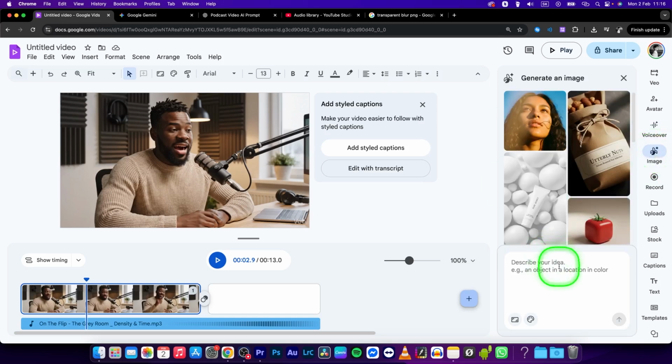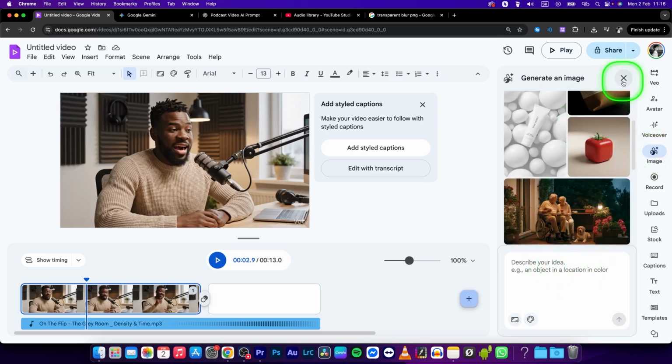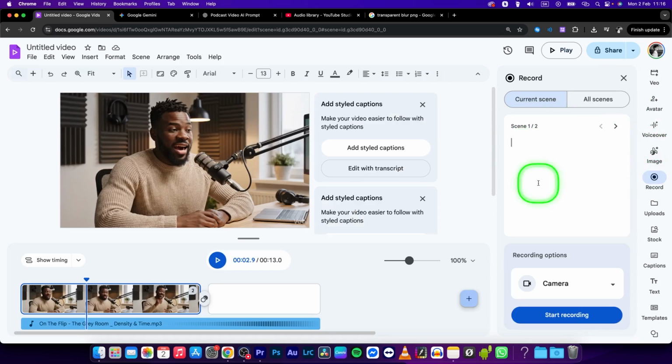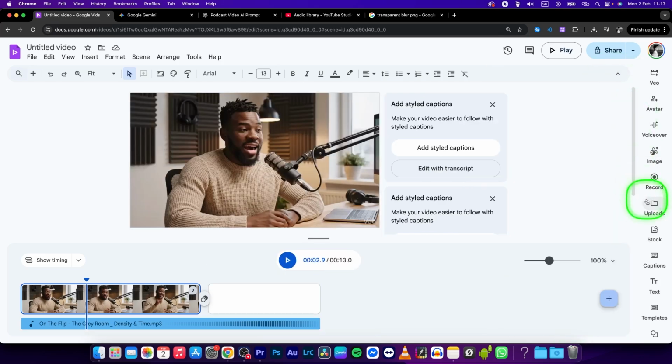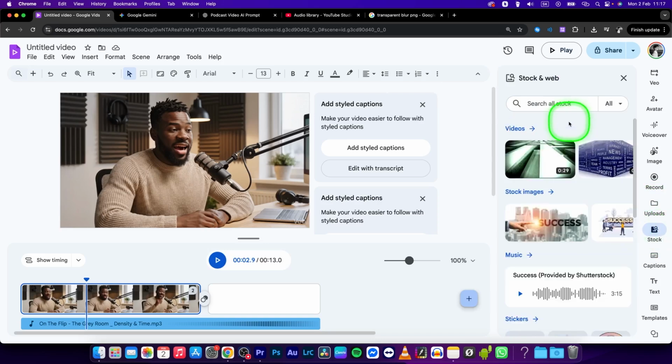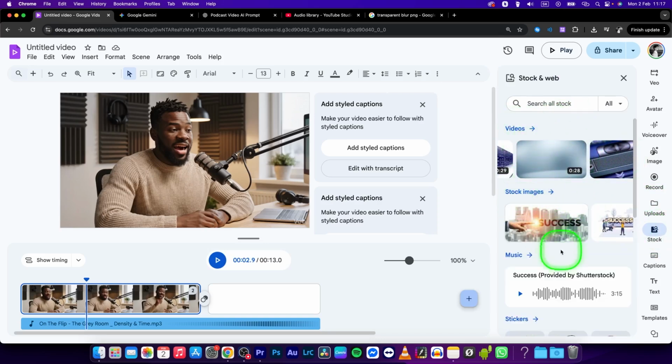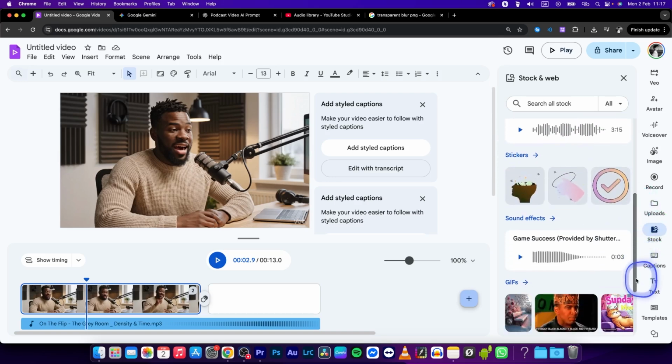As well, you can generate images, as you can know with Nano Banana. And right here you can record, so we can record with your camera, voiceover, screen, and camera and screen at the same time. Just click on start recording. Here you will have your uploads, so the files from your Google Drive and from your photos. Here you have stock photos, so you can insert to your videos stock images, stock music, and also stickers and